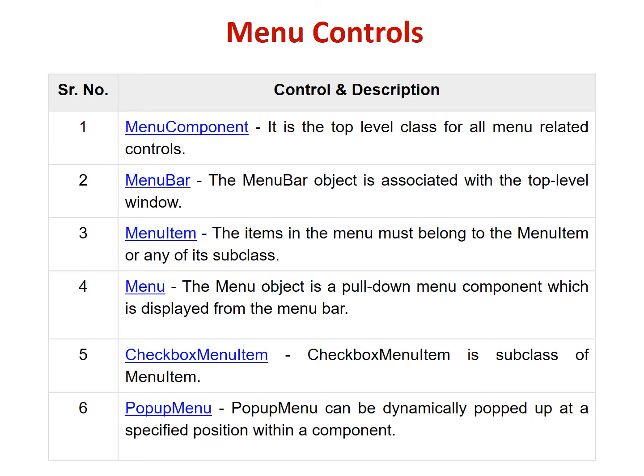Then menu. The menu object is a pull down menu component which is displayed from the menu bar. Checkbox menu atom. Checkbox menu atom is a subclass of menu atom. And pop-up menu. Pop-up menu can be dynamically dropped up at a specified position within a component.